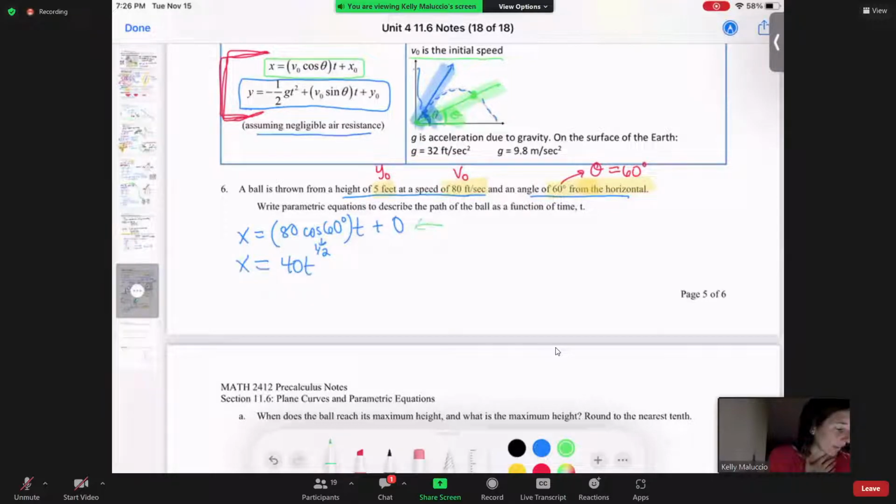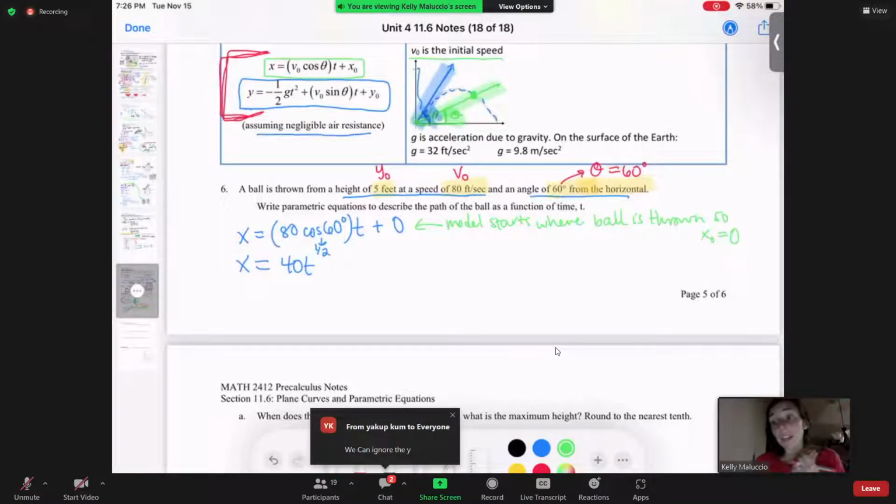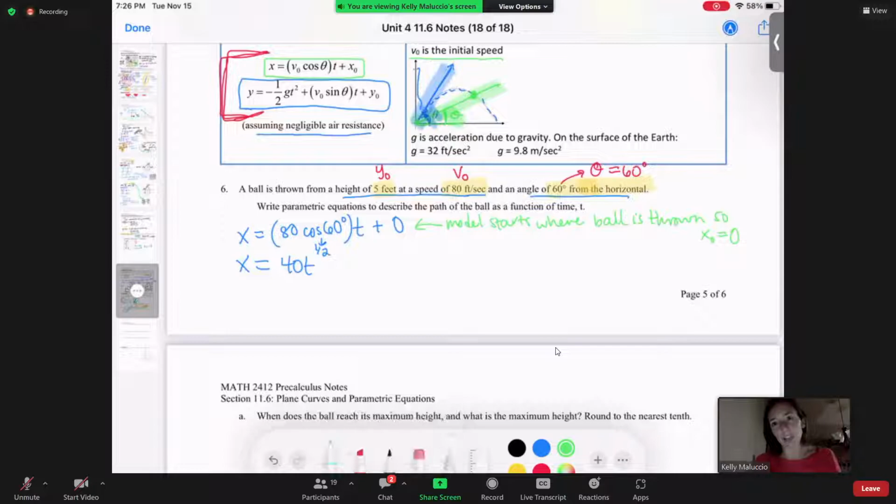But I will make a note that this model starts where the ball is thrown, so x naught equals 0. Maybe they might say it starts a second after the ball was thrown, and that's where your x naught would be different. But in this case, it's not. And then for y,